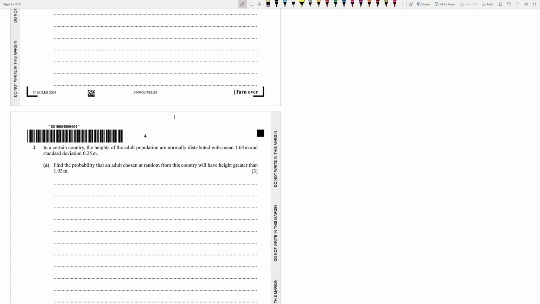Standard deviation 0.25 meters. Do you guys like my new mic, by the way? It's actually a way better mic. I used to have a gaming headphone before, but now it's an actual mic. I can actually do ASMR using this. I actually always wanted to be a streamer. I never actually got the chance. But this is a streaming setup, essentially. So if I want, I can stream games. I recently played Black Myth Wukong, by the way. I platinumed it recently. Just today, actually. PS4, in the PS5. Such an amazing game. Can't wait for the DLC.